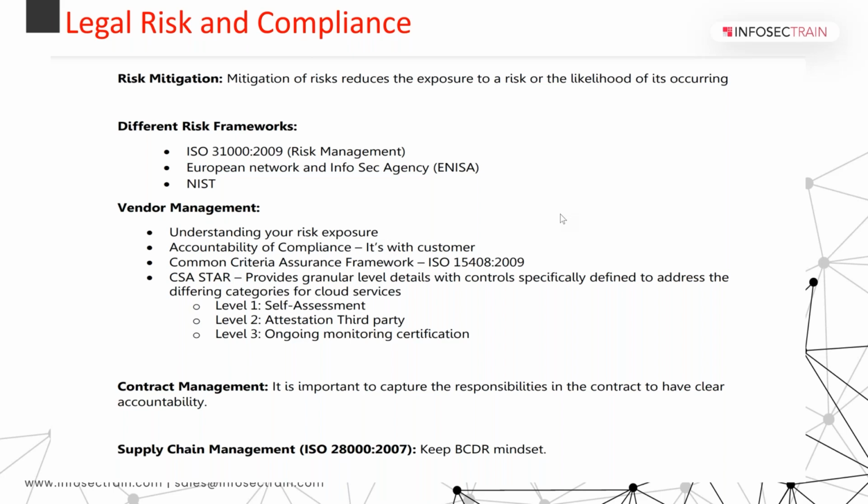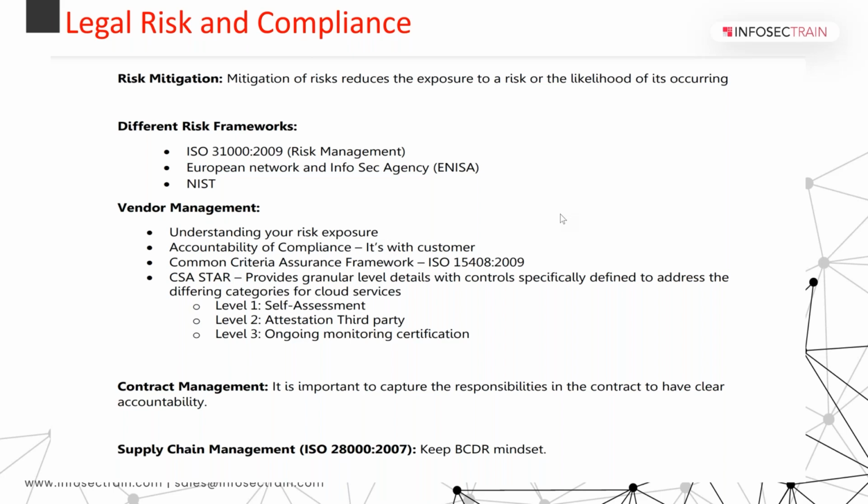Okay. From a vendor management perspective, it is important that you understand the Common Criteria. Common Criteria is referred to by ISO 15408, which has seven assurance levels. So you should know the protection profile, the security target, all those things. And if you are not aware, I will again recommend that you go through the CBK for CISSP.